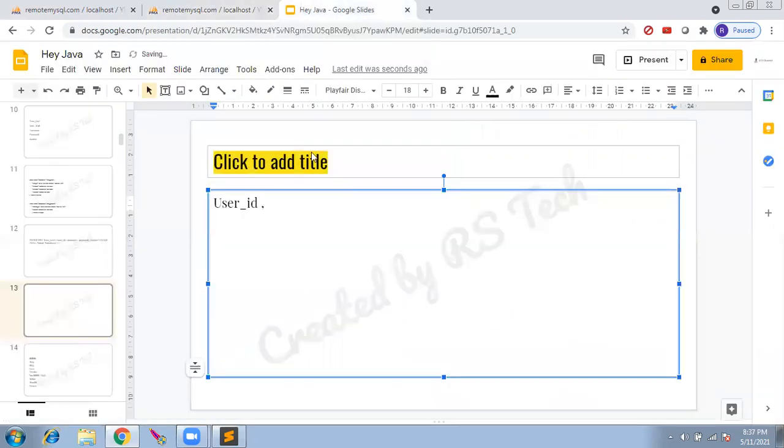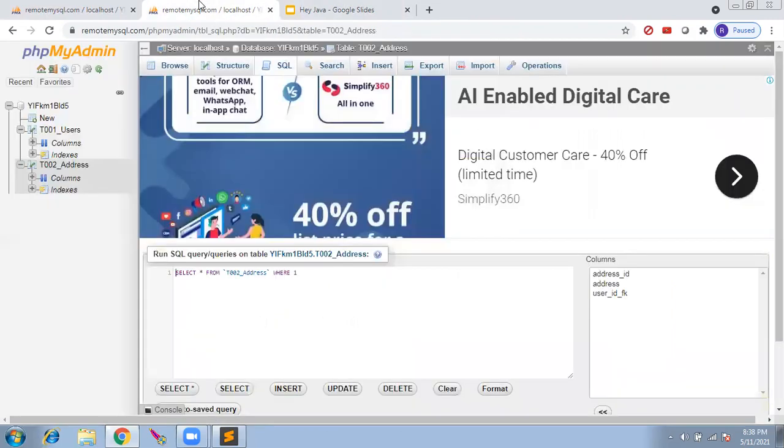Now I want to output user ID and username, only these two columns. So I will give select star from T001 users.